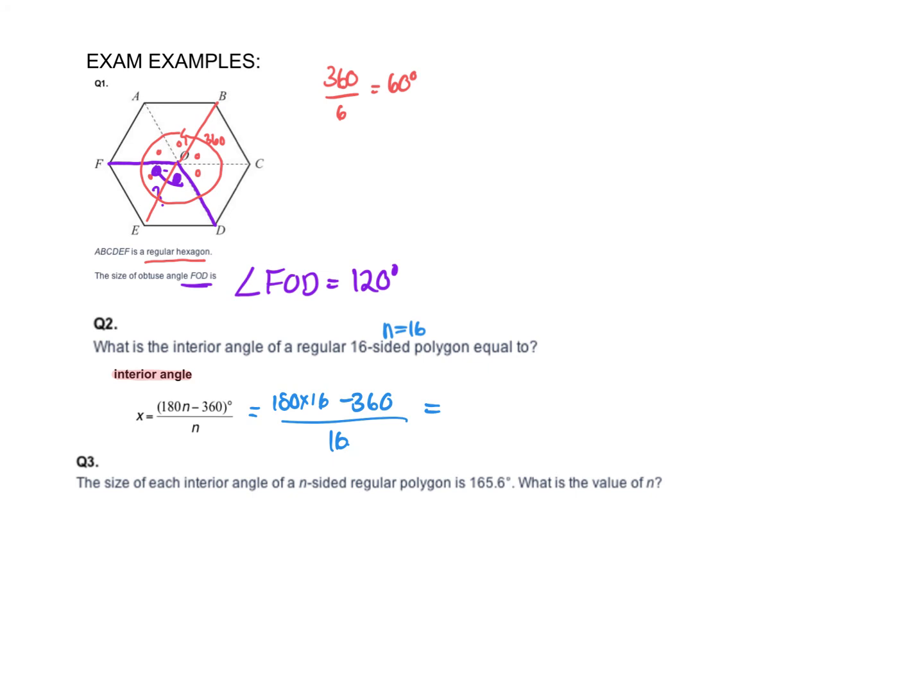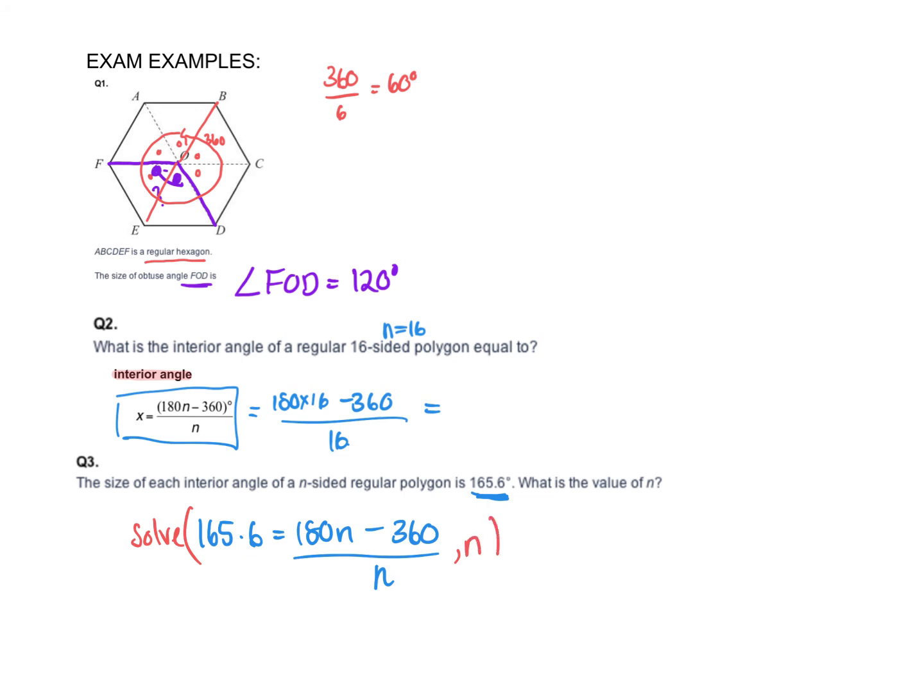And what is the size of an interior angle of an n-sided regular polygon? So what they've told you is they've used this formula, but they've told you what it actually equals, and you're trying to find n. So all I have to do is write 165.6 equals that formula, like so, and I can just use my solve function on the calculator. So if I do that on the calculator, menu 3.1,